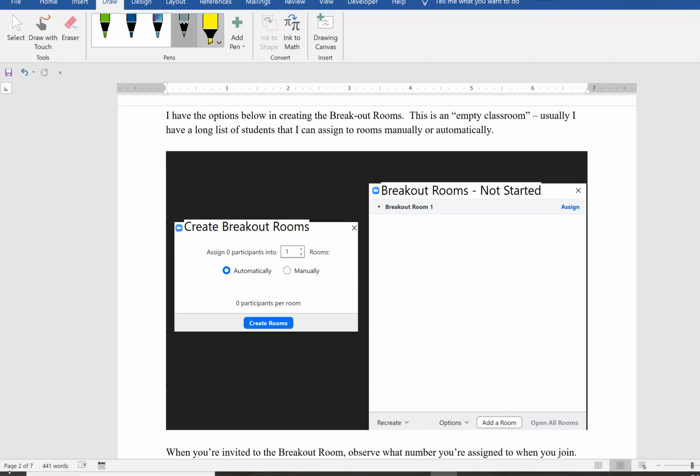And then again, once I assign them, the students will have a radio button that says join breakout room number, say 4, and they'll hit that button and then they'll go into the room. And when I send students in the room, I tell them very explicitly, please pay attention to the number of the breakout room that you're